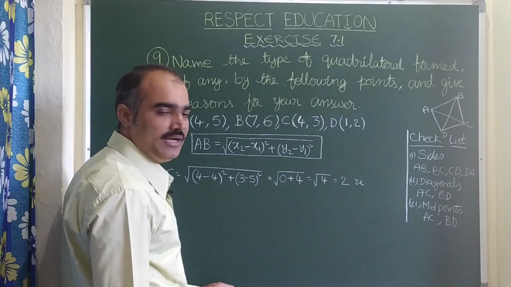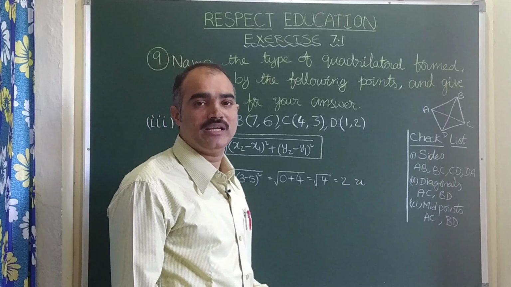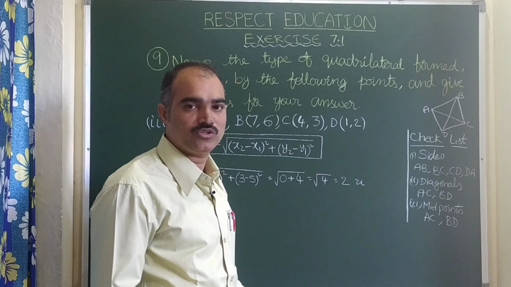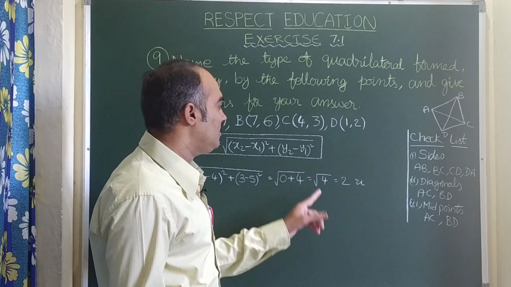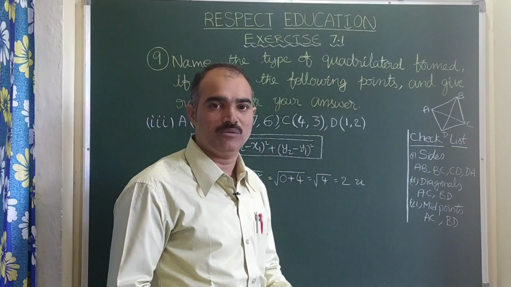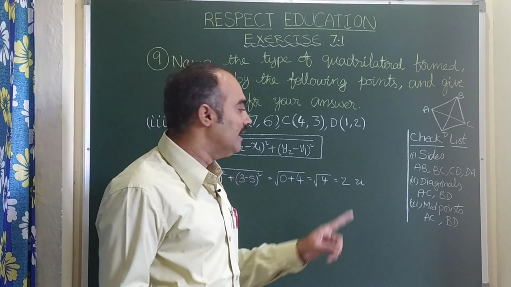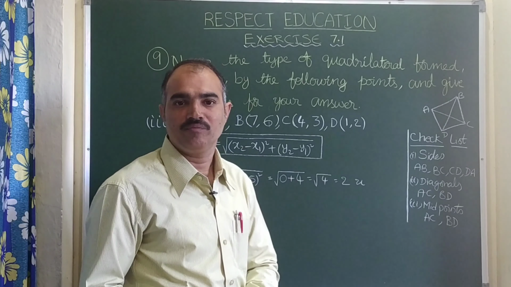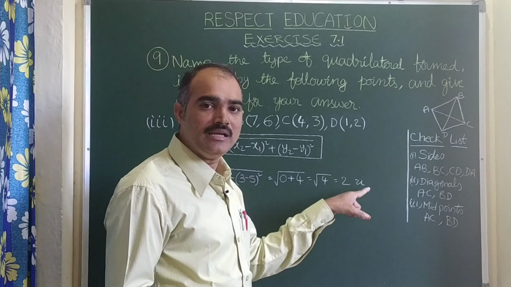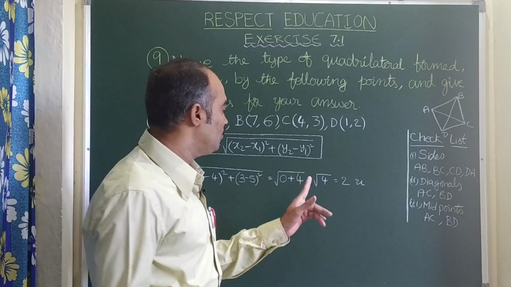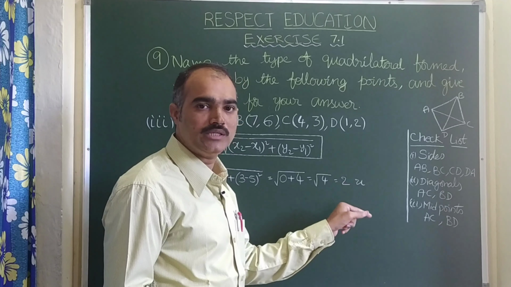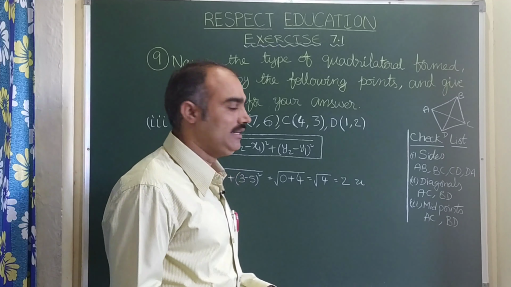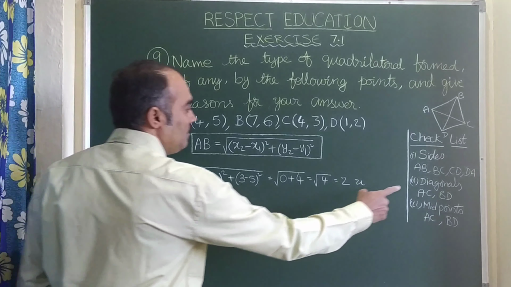You may get doubt here. Root 4 is plus or minus 2, so why are we taking only positive 2? What about minus 2? Actually here I told you this concept, coordinate geometry is based on the distances. Distance can never be negative. That's why here we can omit the minus 2. We need not write it. So here root 4 becomes 2 units in this situation. Right? Now let us find BD.